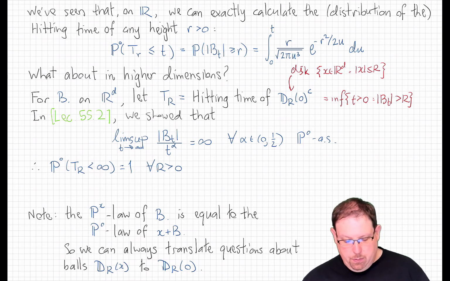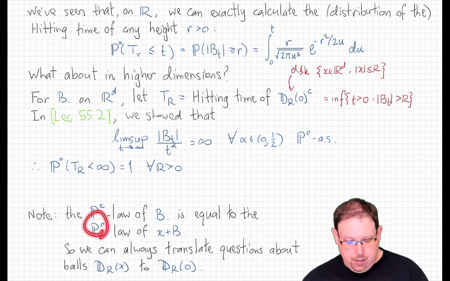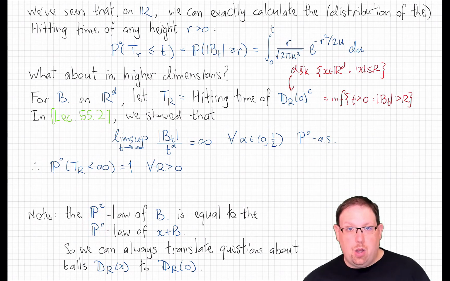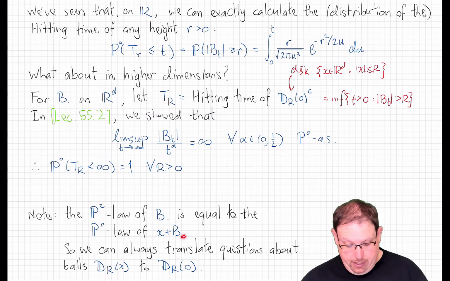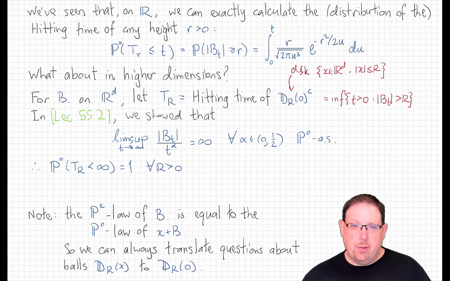Because the Brownian motion with law starting at x is the same as x plus the Brownian motion with law started at 0. So we can always translate questions about hitting times of balls centered at x to balls centered at 0. The way we will answer this question is by a beautiful connection between Brownian motion and harmonic